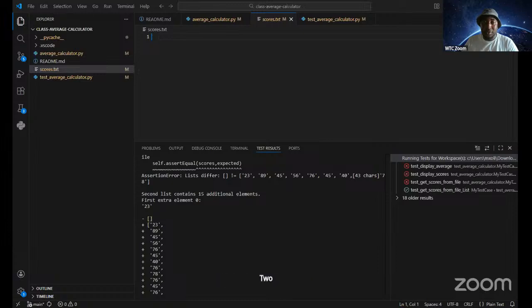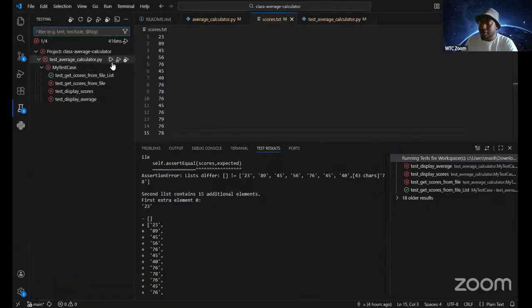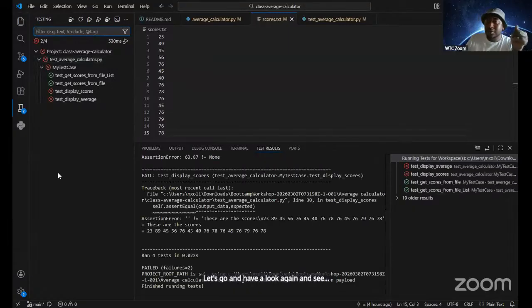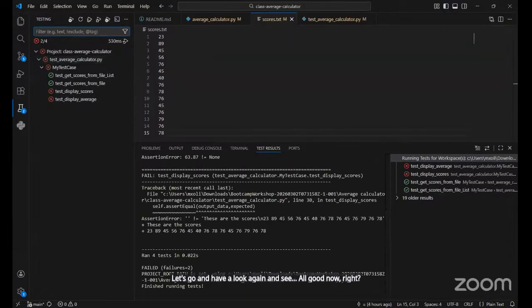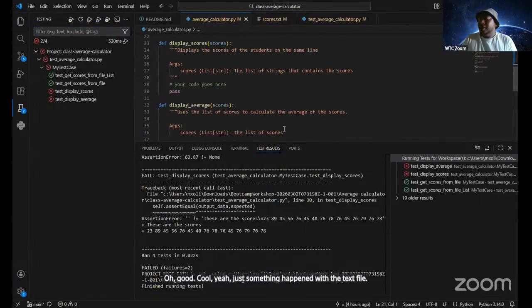Let's go and have a look again. All good now, right? Yeah, all good. Just something happened with the text file. Okay, cool. While that's being edited, do you want to maybe go for the display scores function?